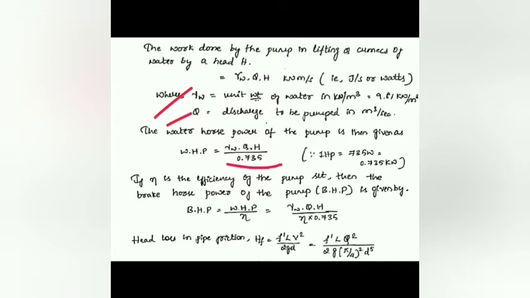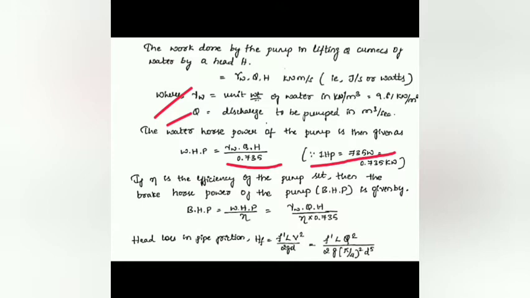This is a factor where 1 HP is equal to 735, that is 735 watts, which is in turn equal to 0.735 kilowatts. So in order to get them in the HP, we will be using this conversion. Next, if